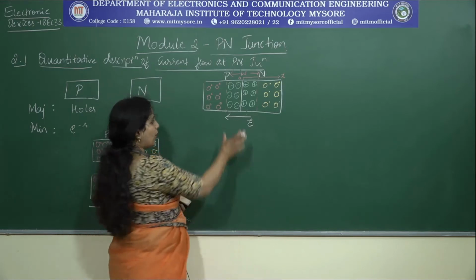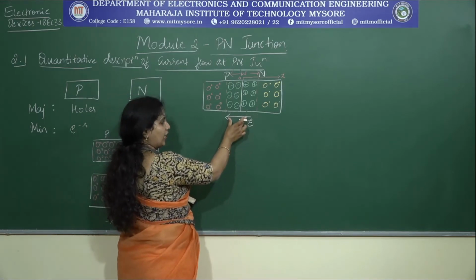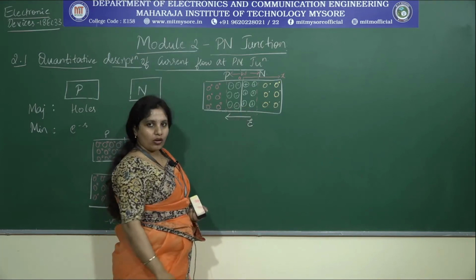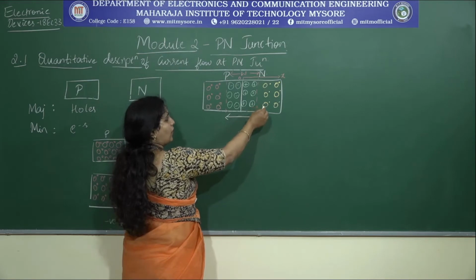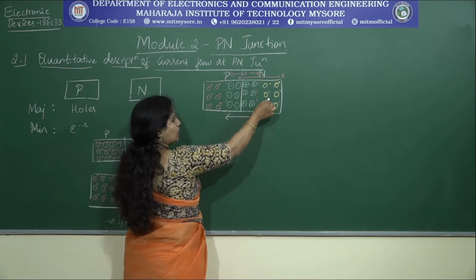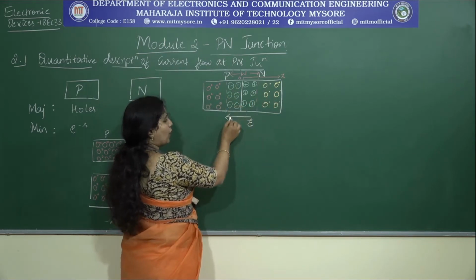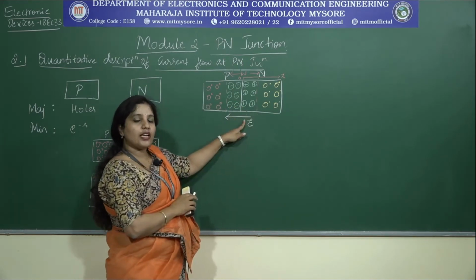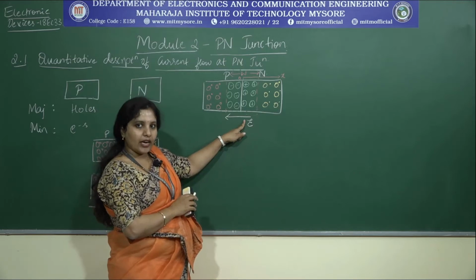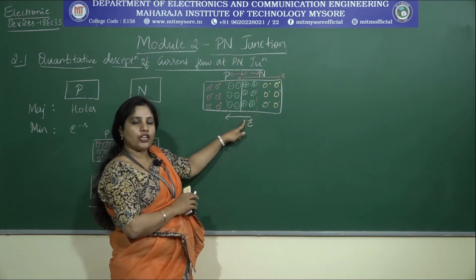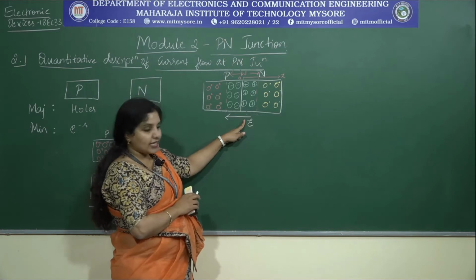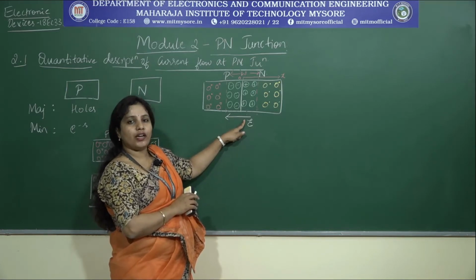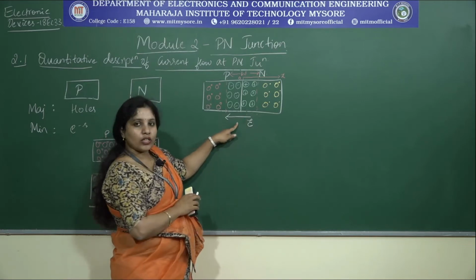Getting my point? Because of this electric field that is now generated under the depletion region, under the influence of the electric field, there is another current which gets generated which opposes the diffusion current, and that current we refer to as the drift current. Now, how does this drift current come into the picture? Let us try to look into that.